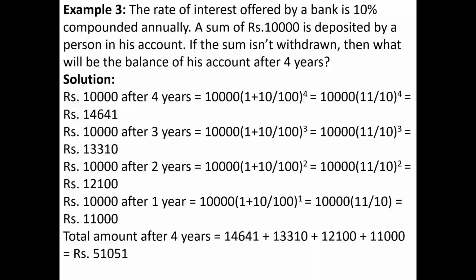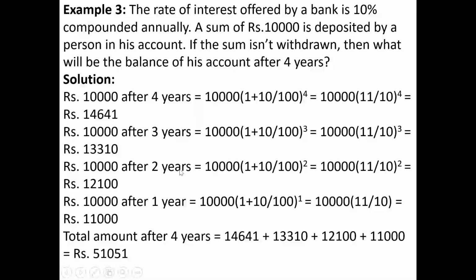So let's check the solution. He has deposited 10,000, and after 4 years it will become, according to the formula, 10,000 into 1 plus 10 by 100 whole thing to the power 4. If we calculate this part, we get 10,000 into 11 by 10 whole thing to the power 4, which gives the value 14,641. But if it is for 3 years, 10,000 of 1 plus 10 by 100 whole thing to the power 3, that is 10,000 of 11 by 10 whole thing to the power 3, which gives